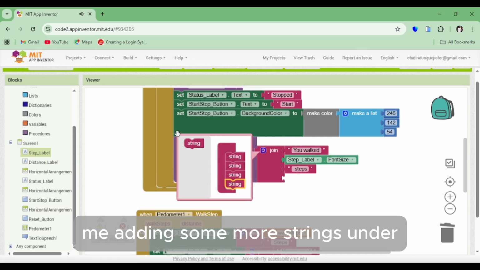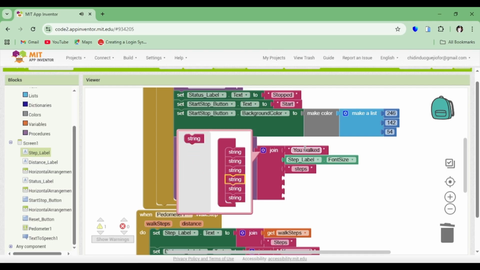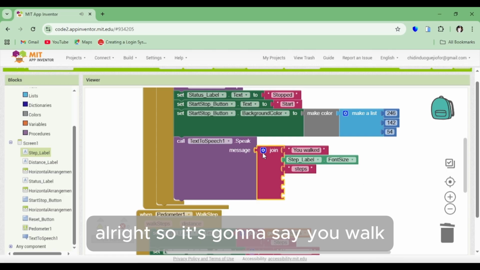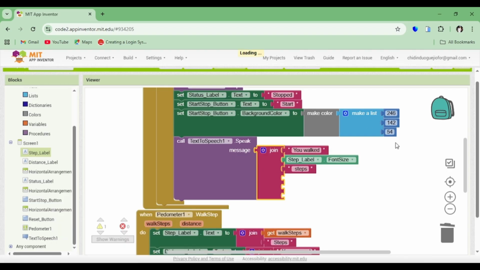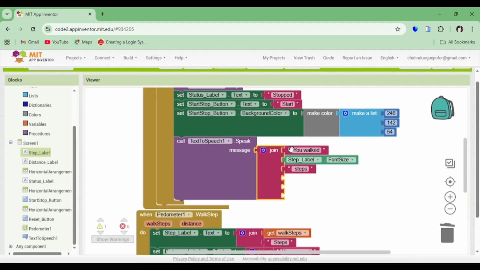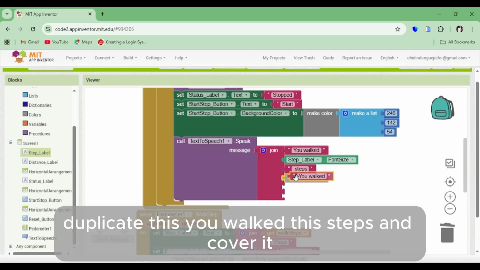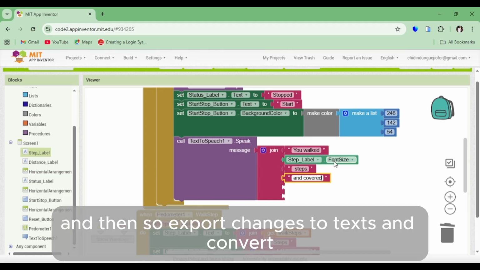let me add some more strings under. Alright, so it's going to say you walked. Probably if you walk like 30 steps, it'll say you walked 30 steps and covered maybe 50 kilometers or 50 meters per se. So duplicate this, you walked the steps and covered, and then correct, but change this to text and covered,